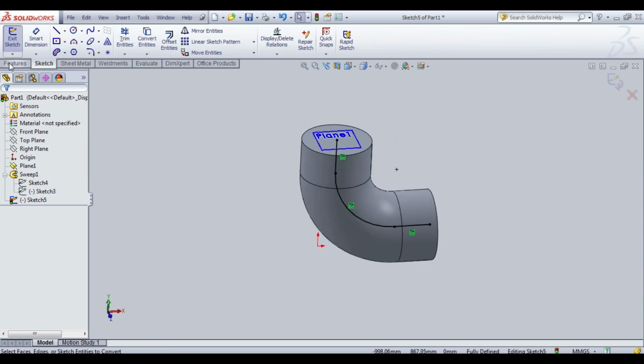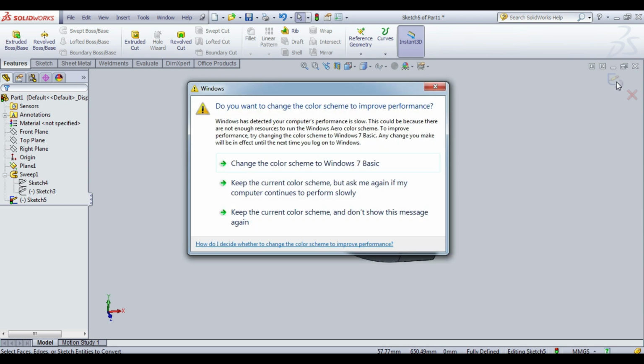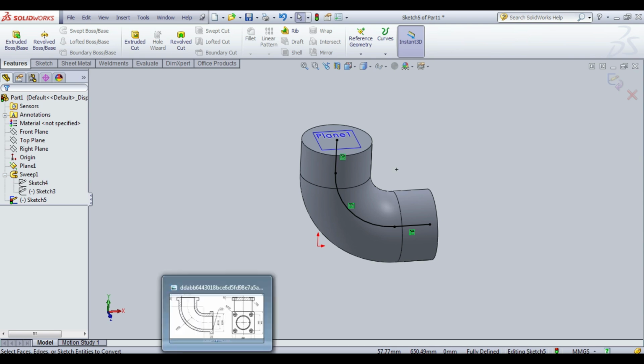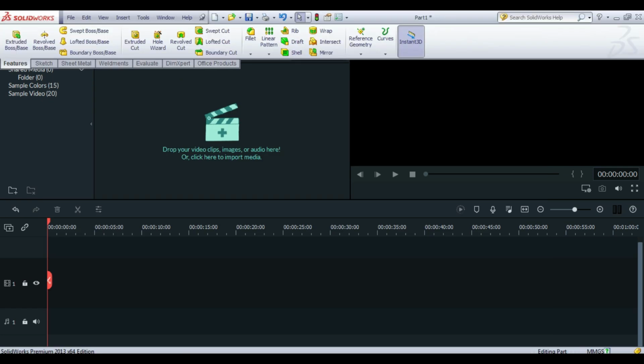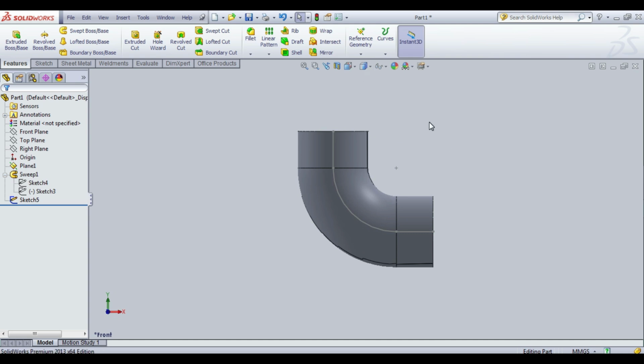After that, again you will go for reference geometry. Just exit sketch.